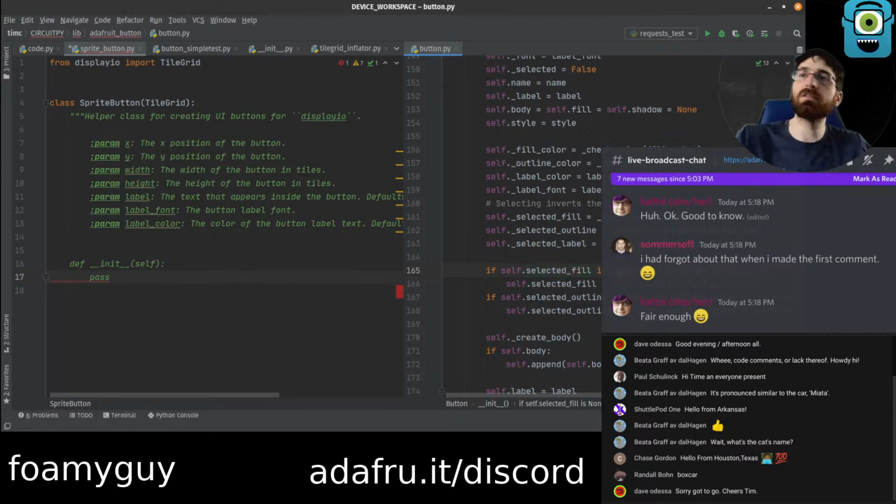If you don't give it a selected fill, but you did give it a regular fill, I don't actually even know what this is, honestly. Tilde operator? I don't know what tilde operator is, but this is basically taking the inverse. Like if you had green, you'll end up with pink, I think. Maybe. Like taking the opposite.